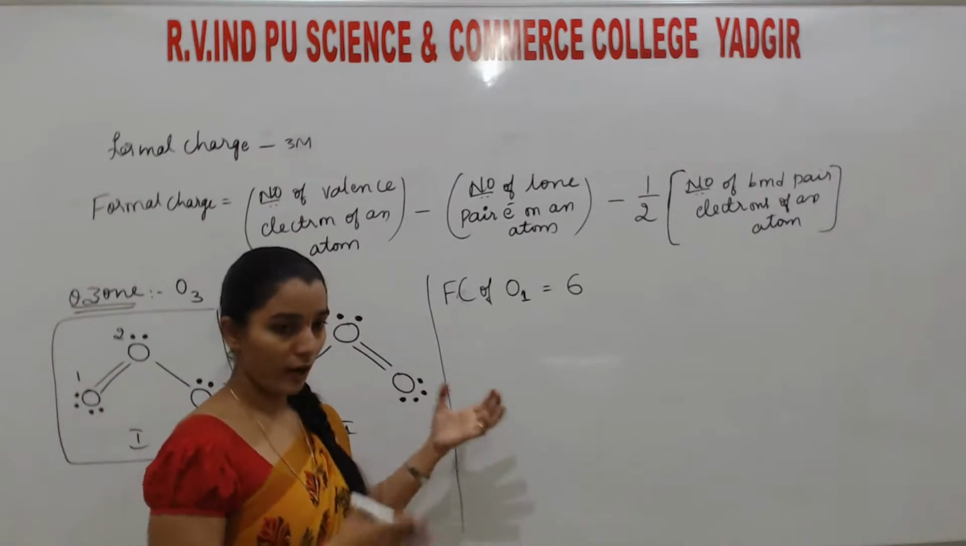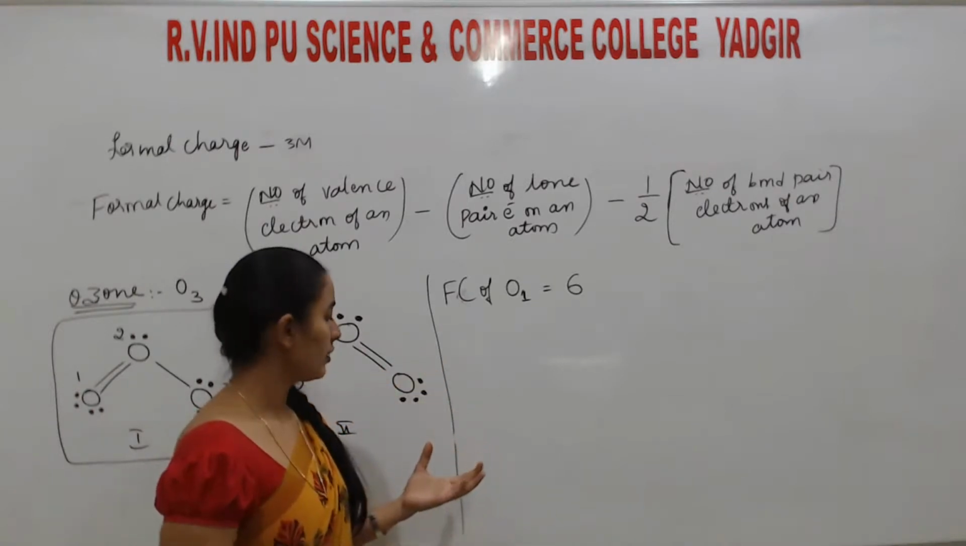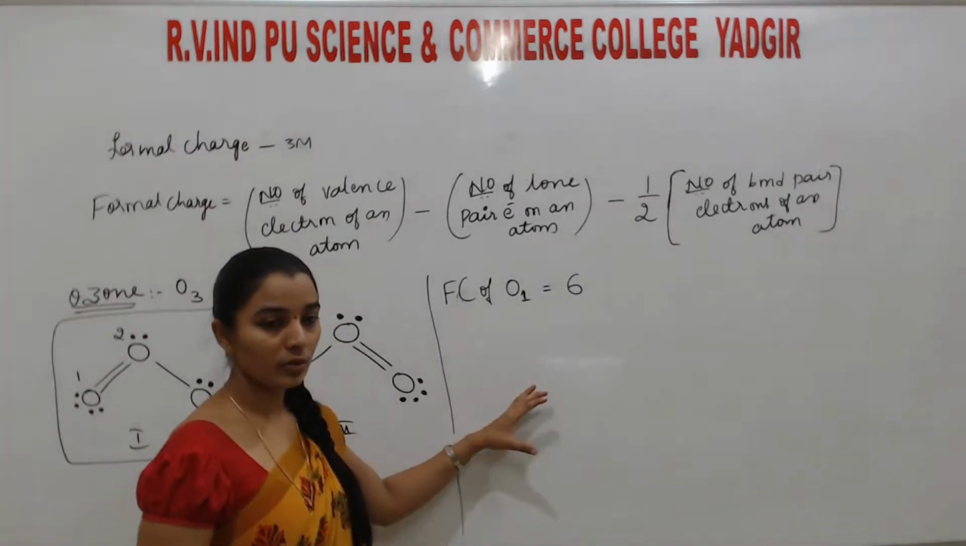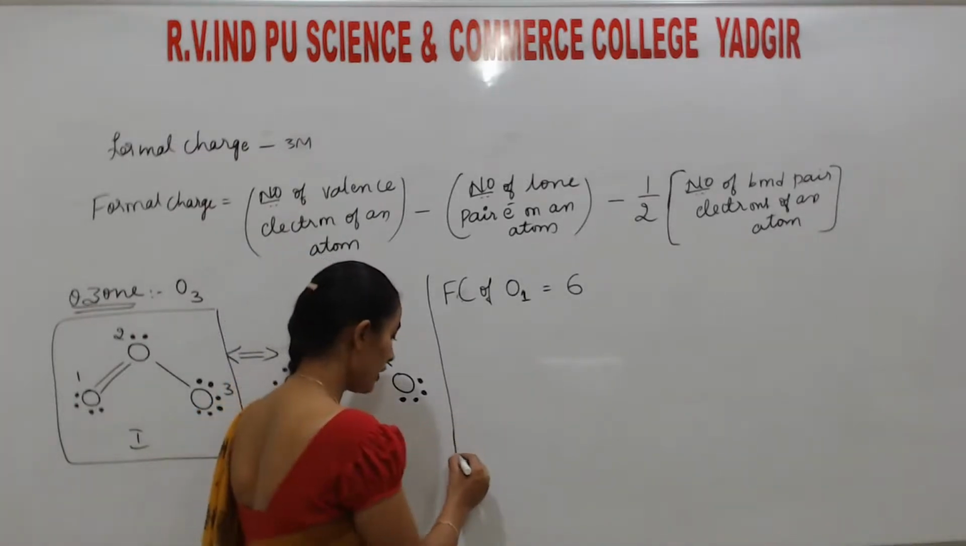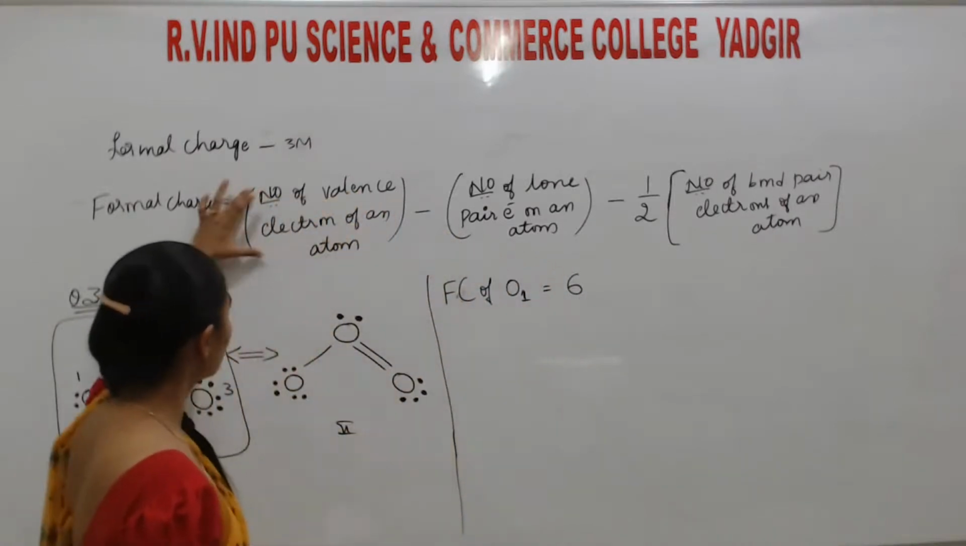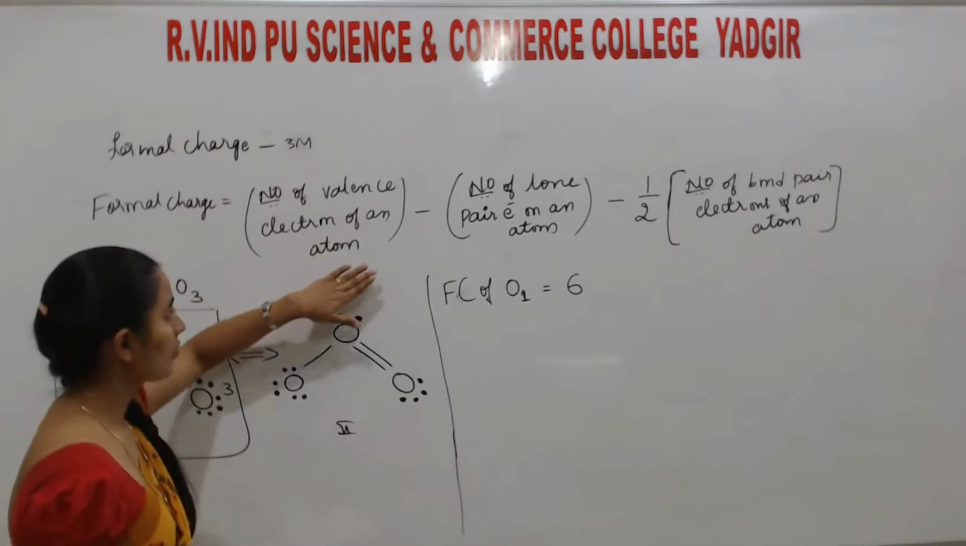I cannot repeat. Of course, I can remember, but if I explain, you won't understand. You have to understand it yourself and remember all of that. So, formal charge of oxygen 1, according to this formula, number of valence electrons of an atom is